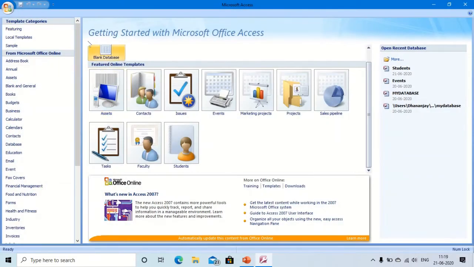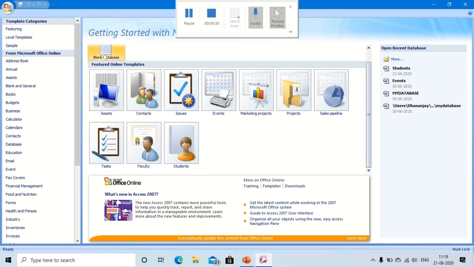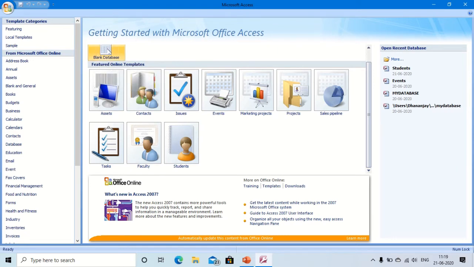Open it, and here there is a blank database, and some other databases are given. But as we are learning, using it for the first time, we are learners, so we have to use the blank database. In the blank database, we have to do everything by ourselves as per our need.